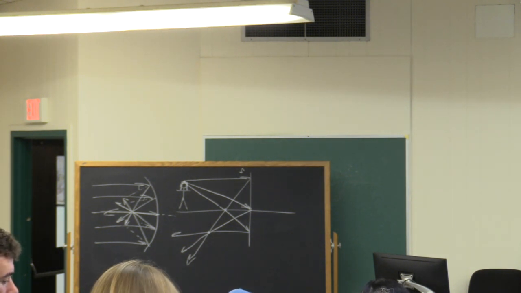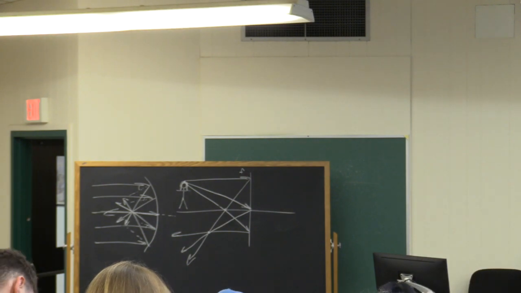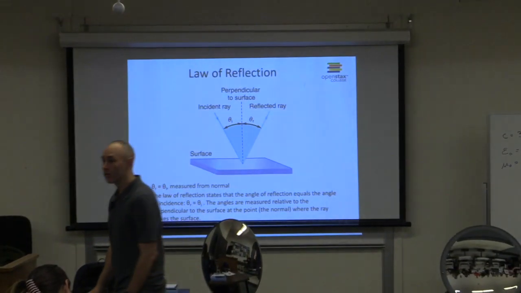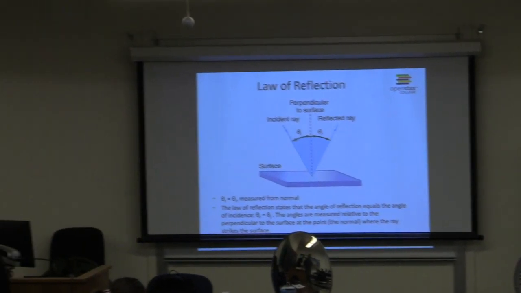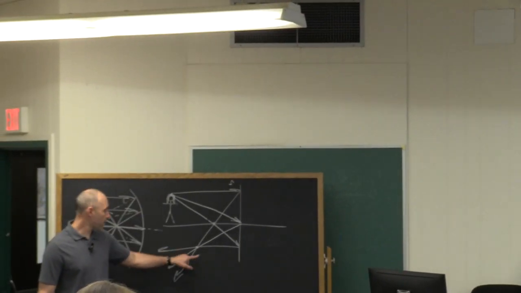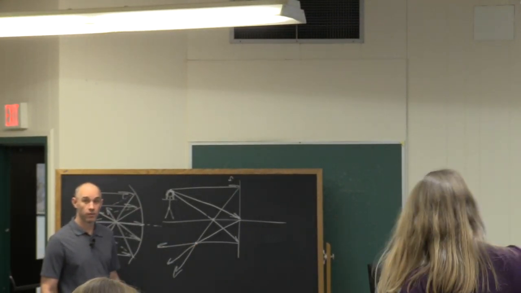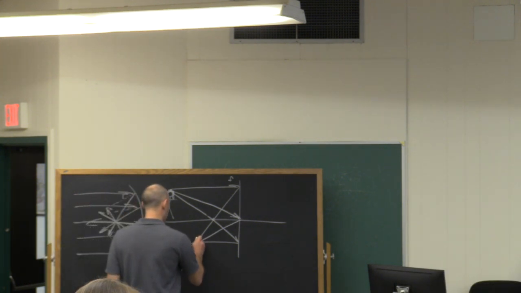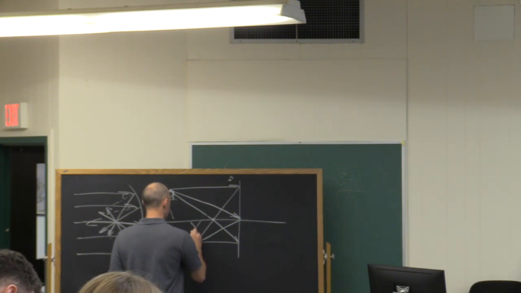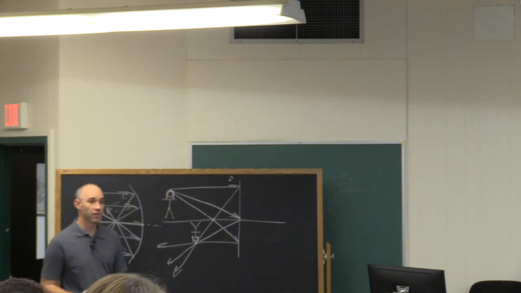Now, terminology. When light rays actually cross, when they actually meet, we call that a real image. Those light rays came from the top of her head. So if my eye was observing these light rays, it would look like the top of her head was right here. So the top of her head is right there, with the rest of her body in a similar position relative to the top of her head.